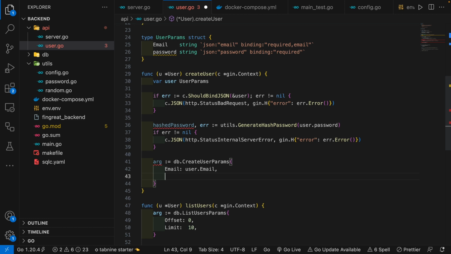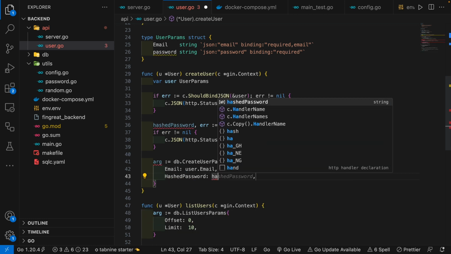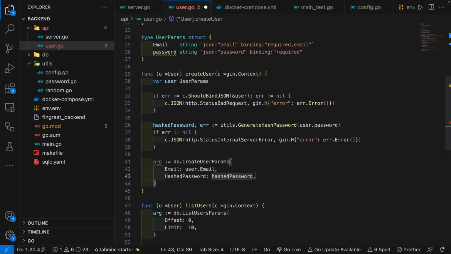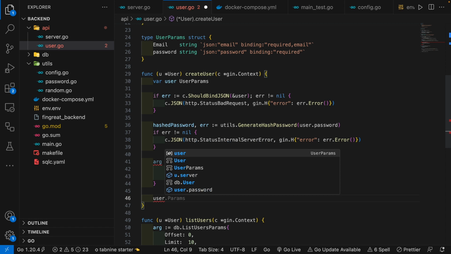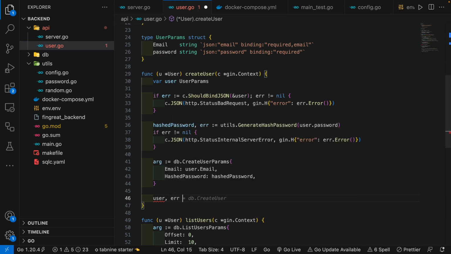Then here we can have password, or rather hashed password, as hashed password. So doing things this way has kind of prevented you from having any SQL injection, because you know what you are specifying and nobody can just pass any information and it gets to your database. Okay? So next we can have the user, then error, which is going to be the